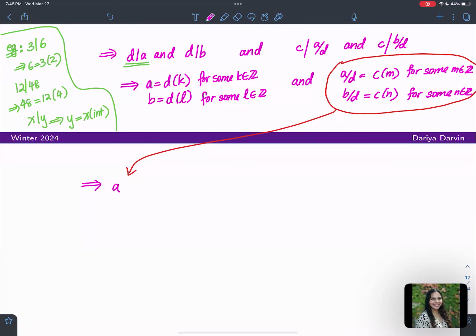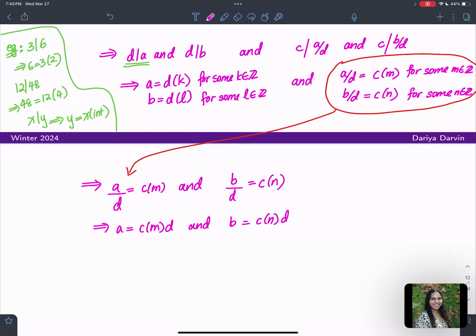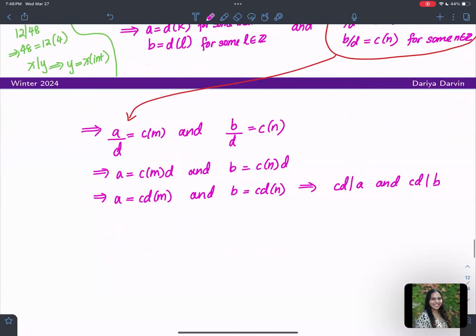So simplifying, this tells me A by D equals CM and B by D equals CN. So that's A equals CMD and B equals CND. If you notice, this tells me A equals CD times M and B equals CD times N. So this basically is telling you CD divides A and CD divides B. But